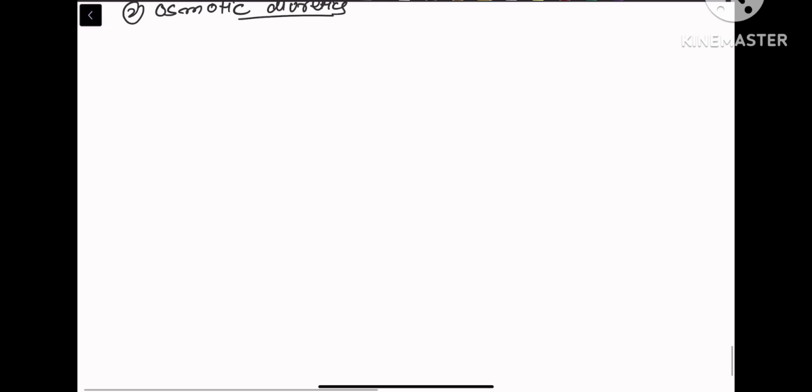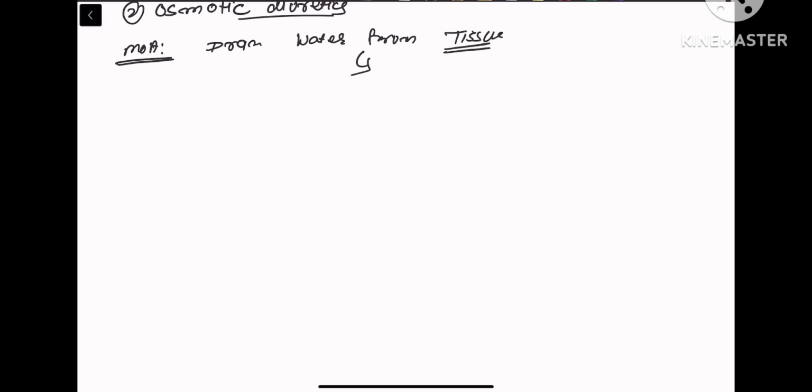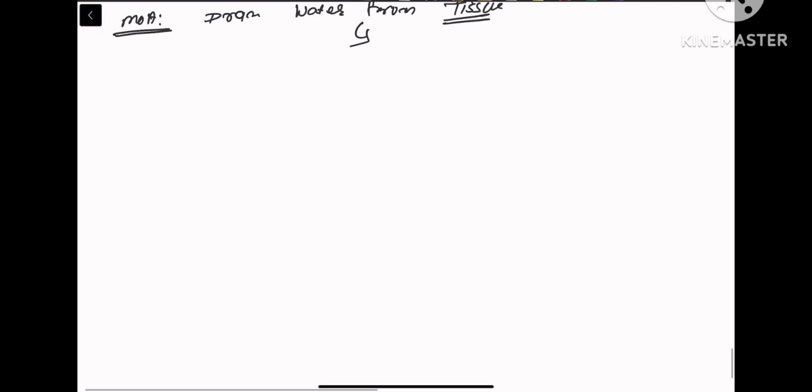Second subtype of the weak diuretic, osmotic diuretics. So the mechanism of action of these osmotic diuretics will be to drain water from tissue and increase water loss. Okay,